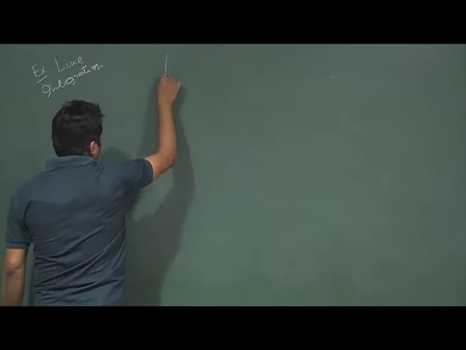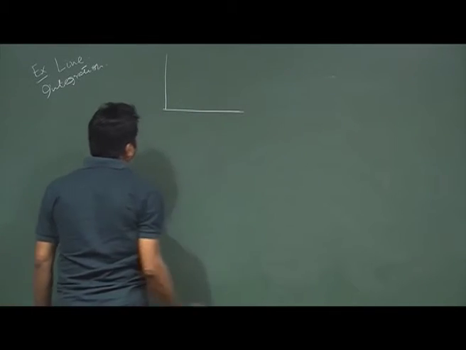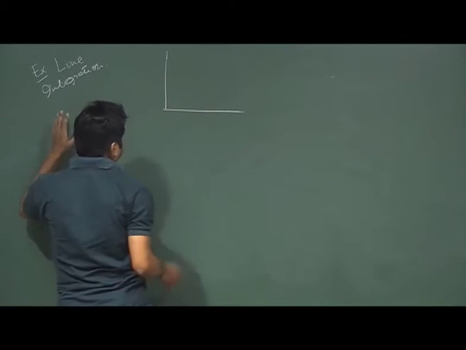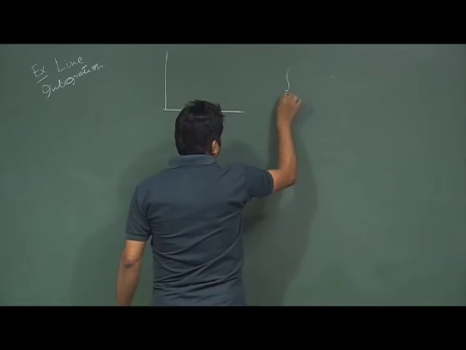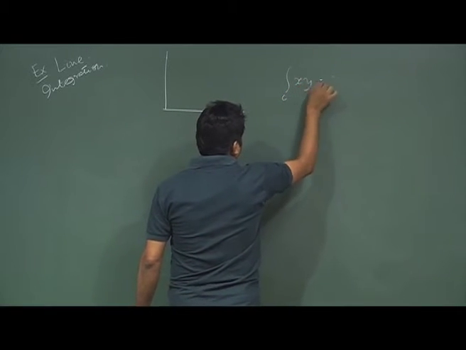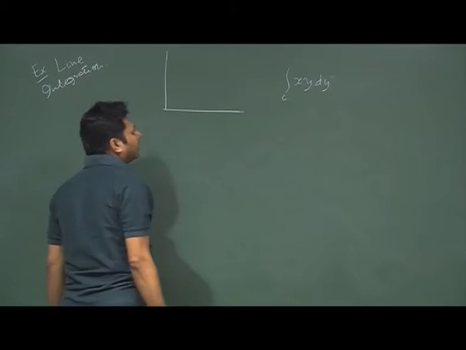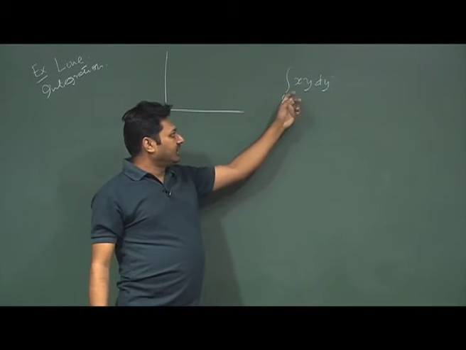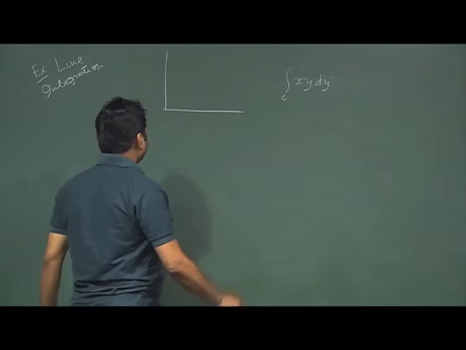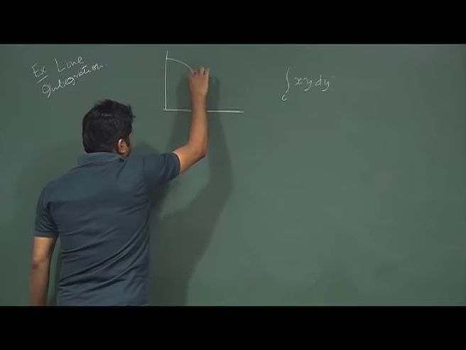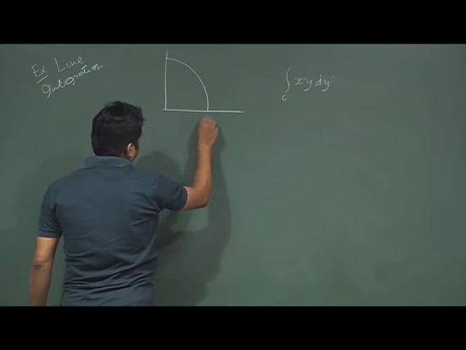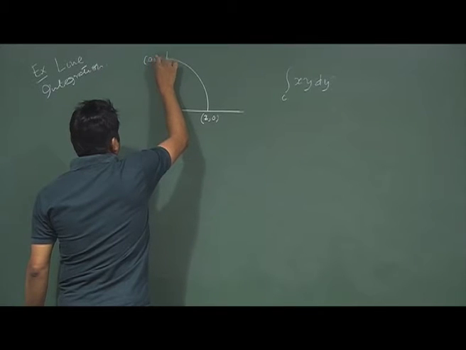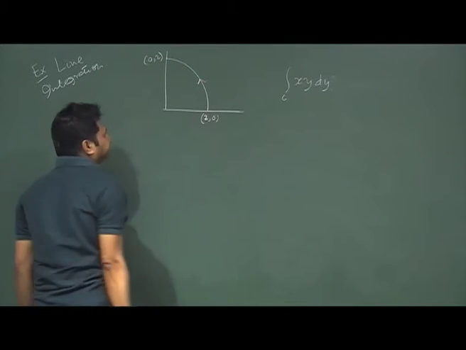So, for the line integration, first thing, a contour should be given to you. It is the real integration. First I start with the real integration, and the integration is given to you something like this: x y dy. Suppose x y dy, this x y is my function, and this is the region. That is why two variables are associated with that, exactly like the f z. And here I want to integrate, say, from point 2 0 to 0 2 over this line.